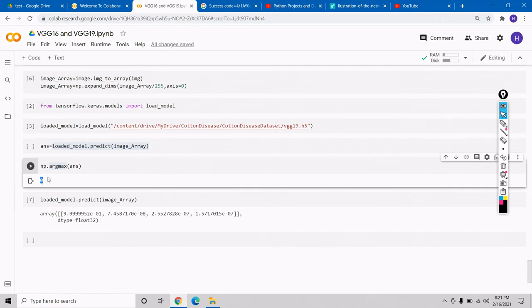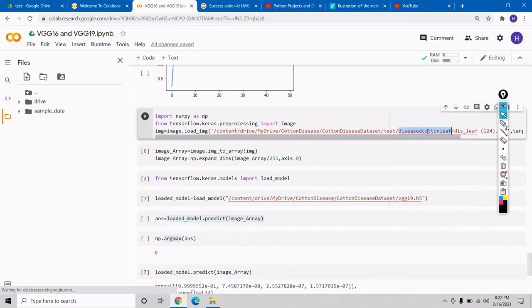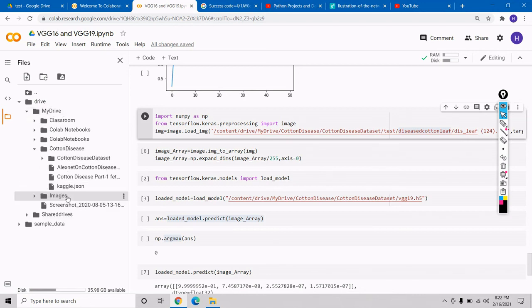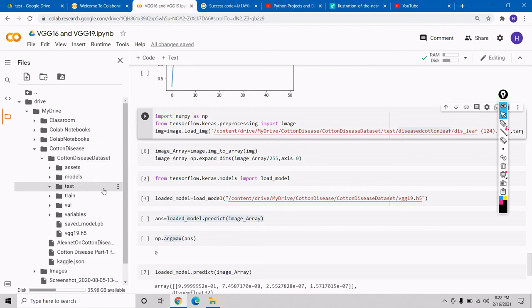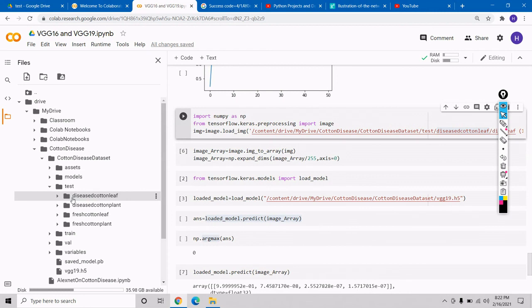It simply means our class is, let me see over here, our diseased cotton leaf. Inside my drive, cotton disease dataset, inside our test, as we can see, diseased cotton leaf.